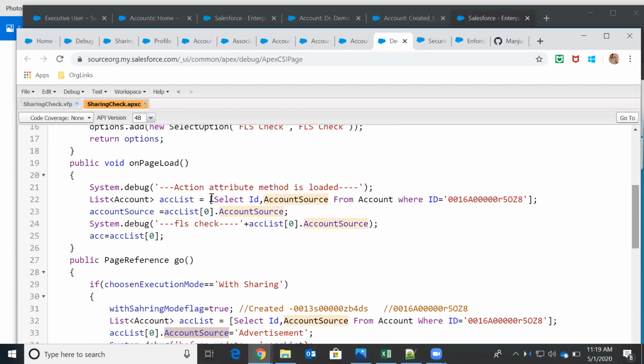First, I am querying the record from the database. That is step 1: querying the record.